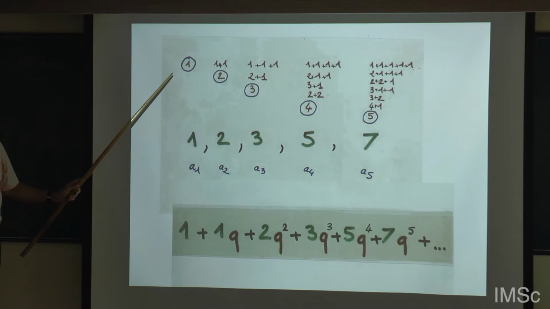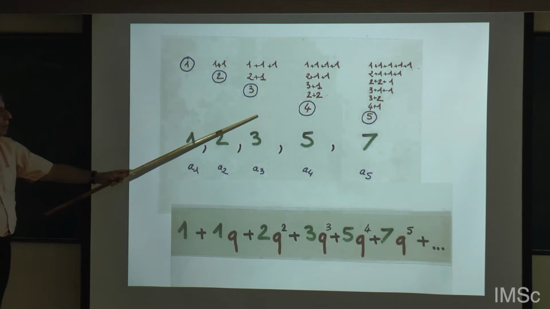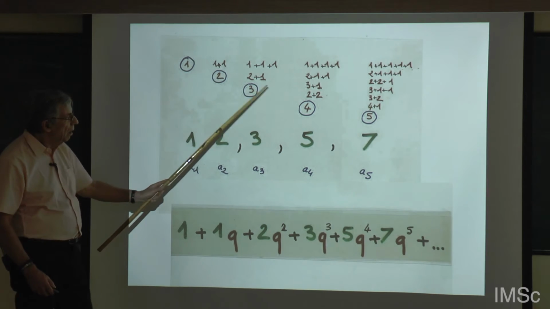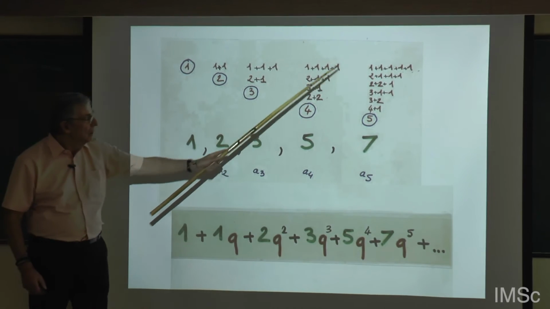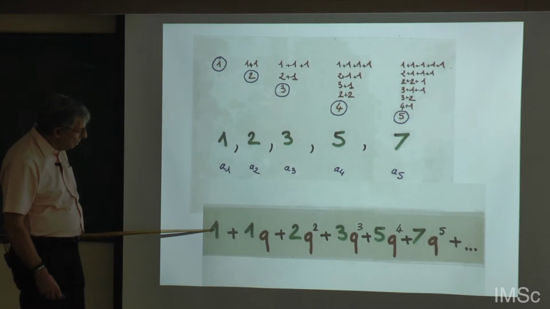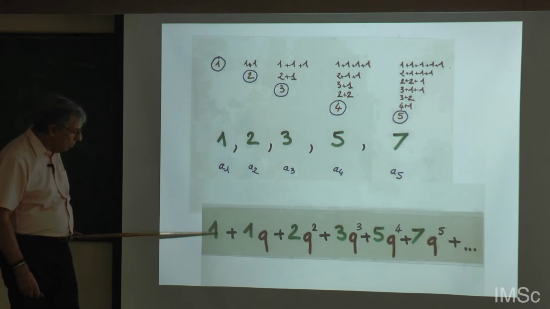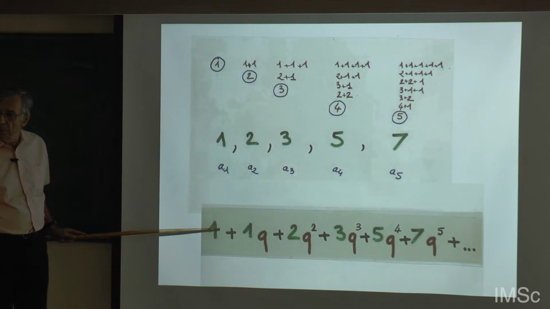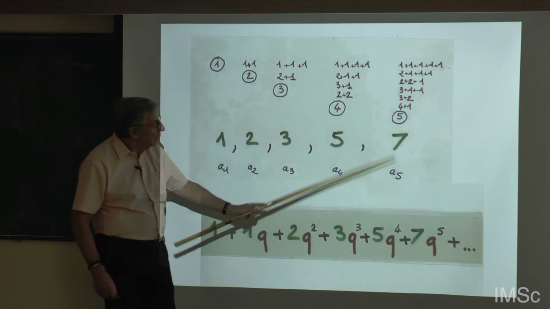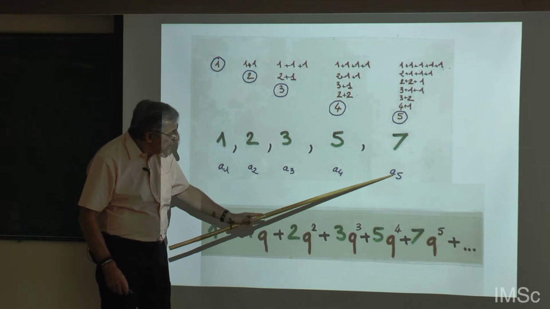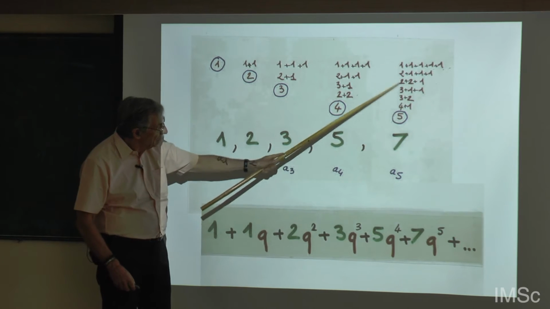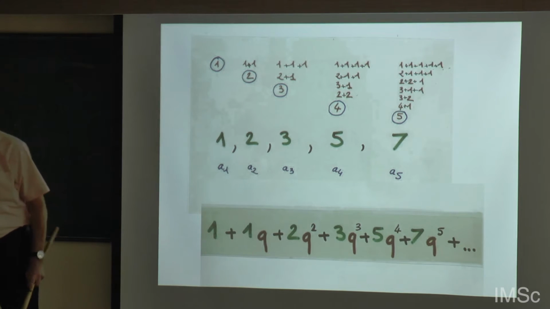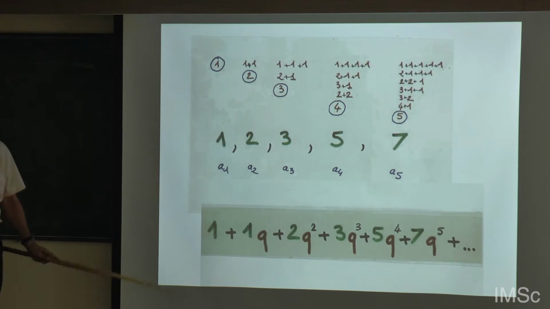Okay, so here are all possible partitions of 2, of 3, partitions of 4 or 5. So you see there is 1, 2, 3, 5, 7. These are the first values of the number of ways to decompose an integer into integers. So you have this sequence of numbers in combinatorics, 1, 1, 2, 3, 5, 7, and we associate what is called a generating function, an infinite power series. For each number, you put this number a_5, the number of ways to decompose 5 into partitions, and you put q to the power 5. And so on, it is an infinite power series. It's just a formal power series. We don't consider any convergence analysis.